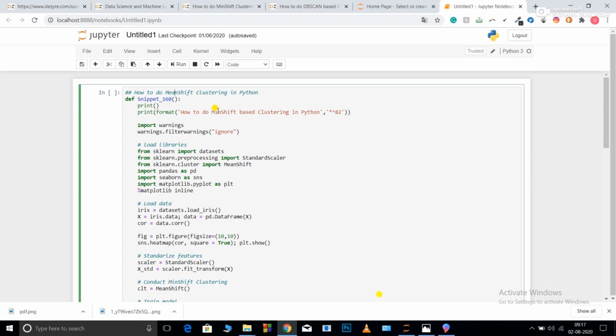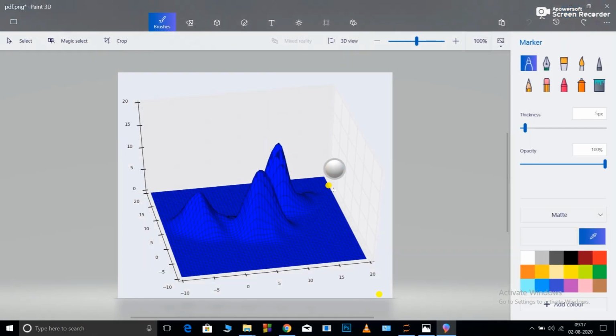Now, this is a different method named mean shift cluster. So what does mean shift cluster do? Mean shift cluster basically creates a kernel density function. So what is kernel density function? It draws a probability function first and then starts clustering. Now, how the probability function looks, let me show it to you. This is the probability function that my mean shift cluster first draws, and after that performs clustering.